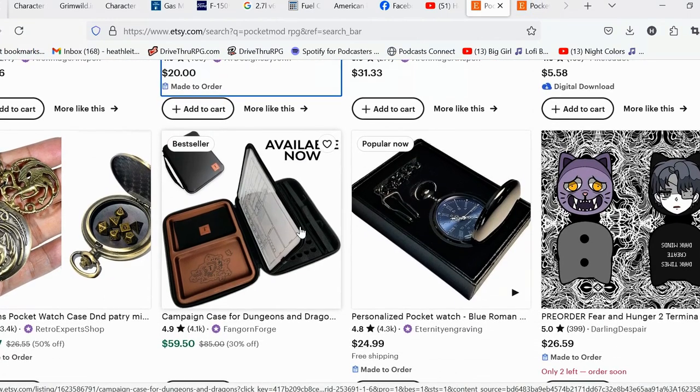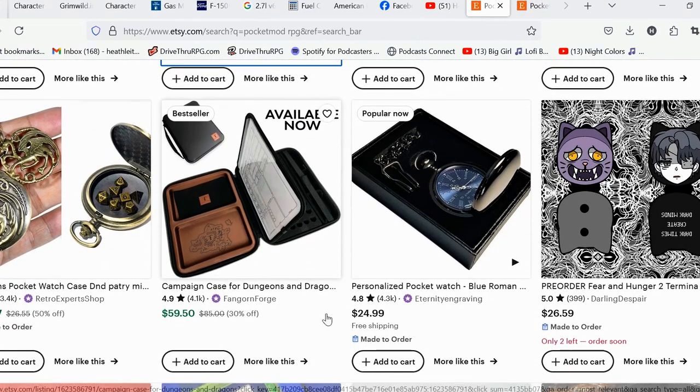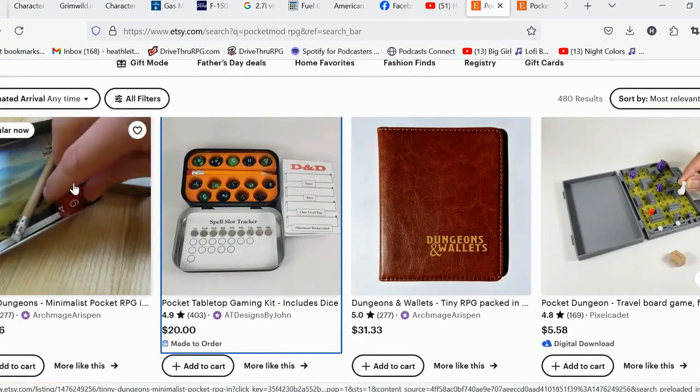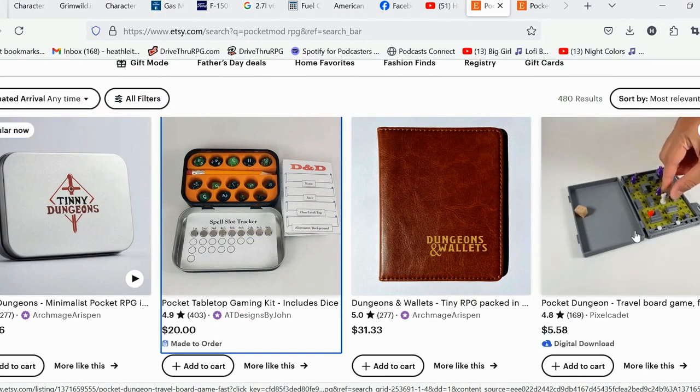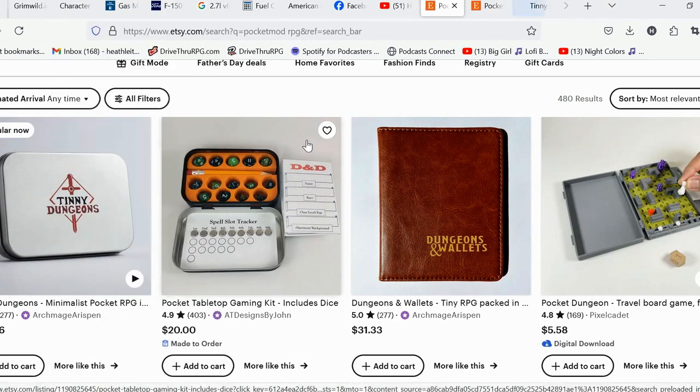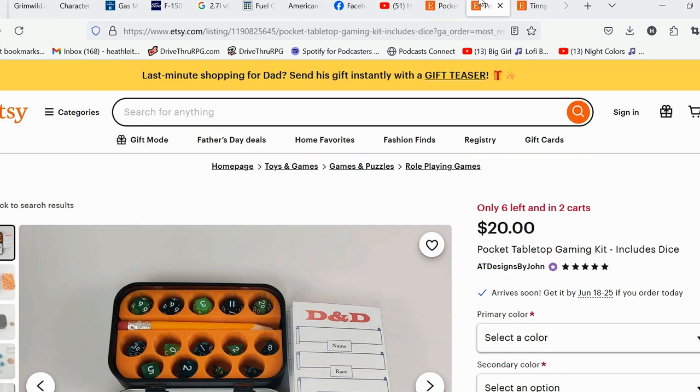Heck yeah. Campaign case. Okay, well, this is the addiction and how it starts. Travel board game. Oh my god. Okay, but this guy, Tiny Dungeon, Archmage Erispin, is